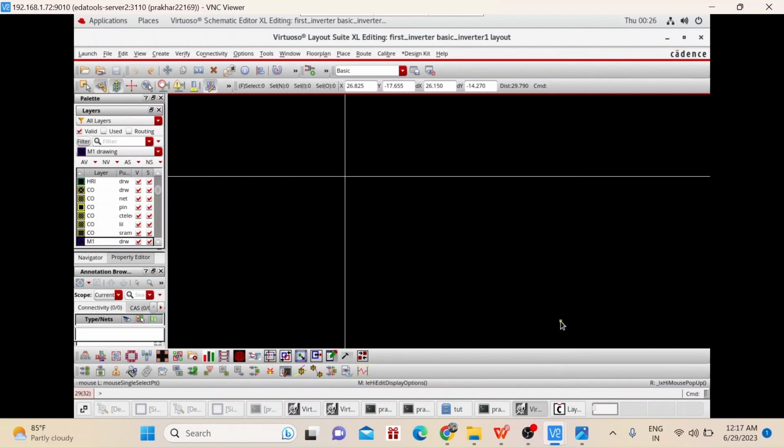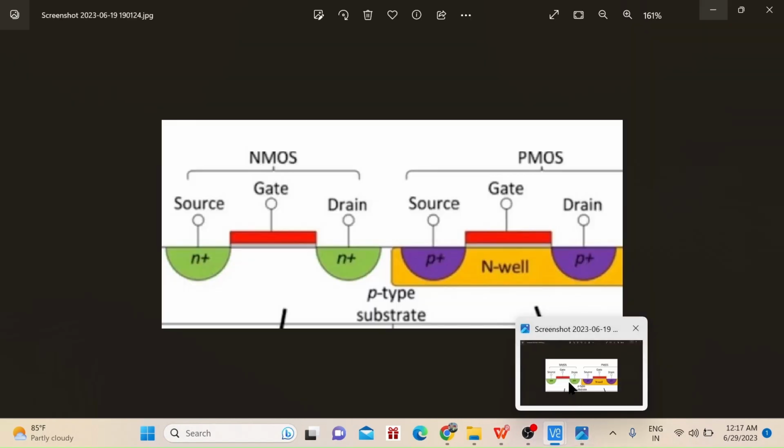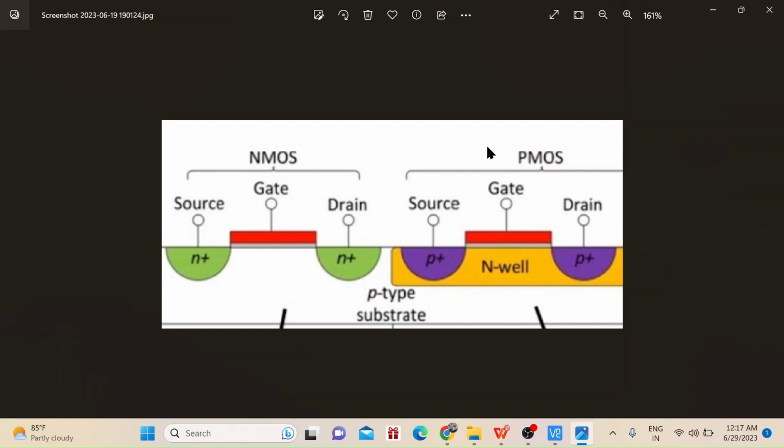So before directly jumping towards the layout, let me explain something about CMOS technology. If we have one P substrate and we want to create both NMOS and PMOS on that, what are we going to do? First we create a diffusion layer and then gate on that. For creating NMOS, we will dope our diffusion layer with the help of NP, or we can say N plus doping. Then one becomes source and another will become your drain according to our connections and polarity given.